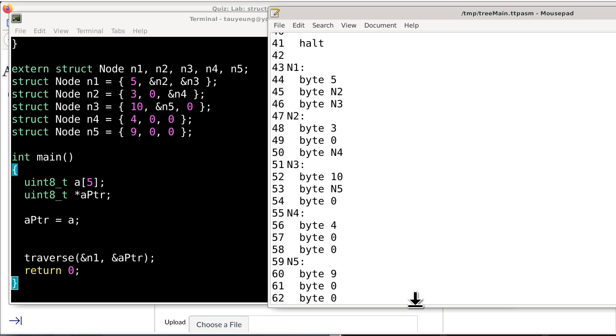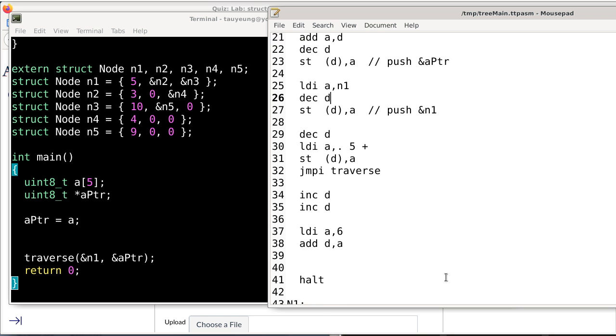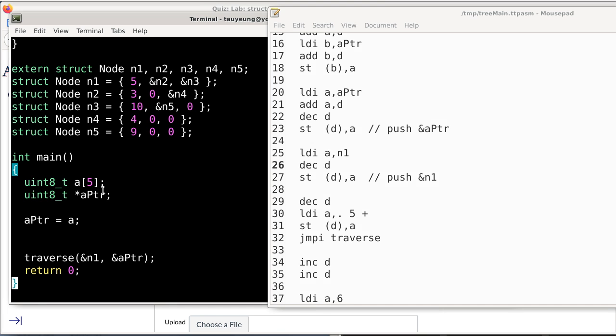Okay. So these are all stored in RAM, but how do we get the address of N1? You just refer to the label N1, because it's global. So when we go back to the actual code corresponding to the call to traverse in assembly,